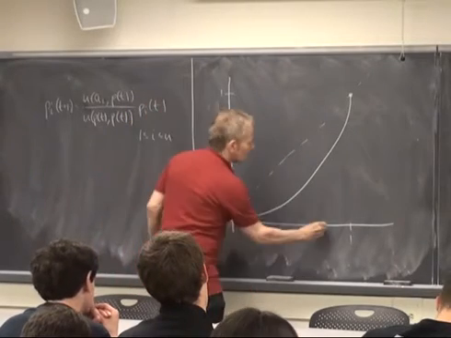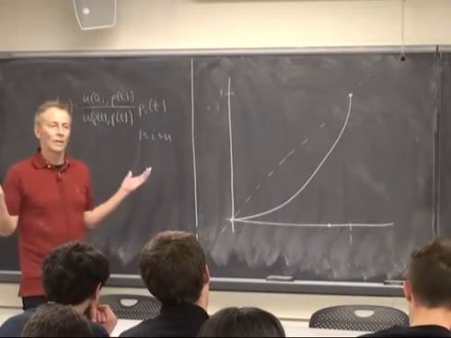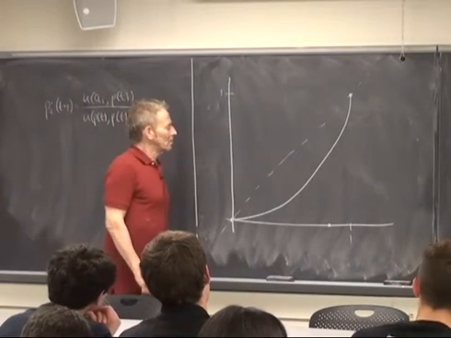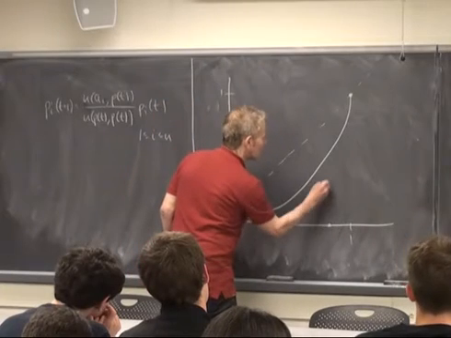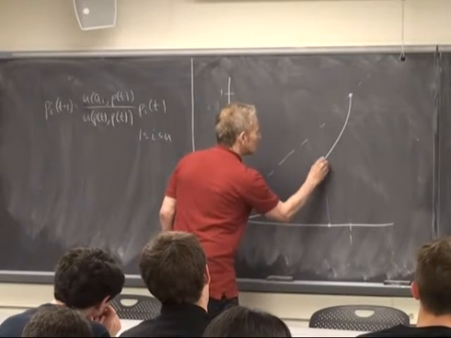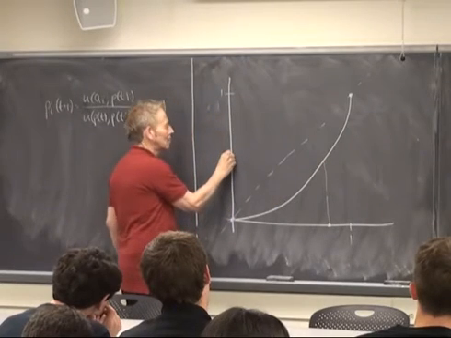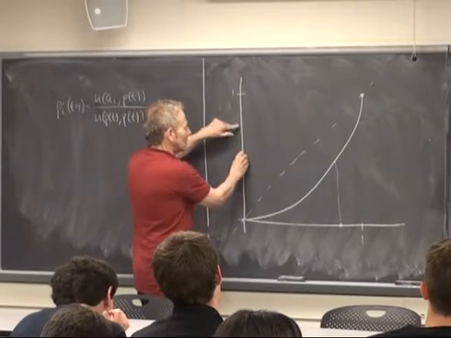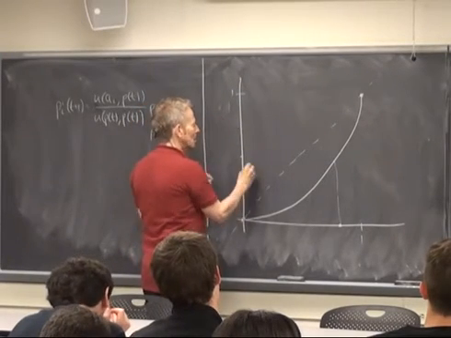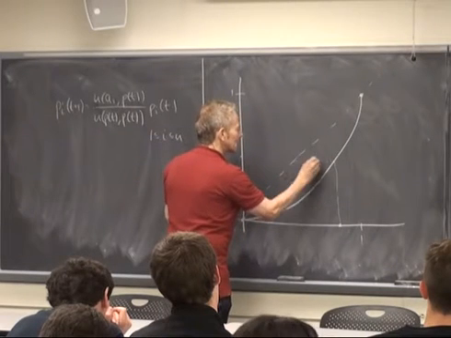What if I start, say, with a distribution out here where most folks are playing C, right? Then what's going to be the fraction of c's at time t plus 1? Well, it's going to be whatever I get when I go up to this graph. So it's going to be this amount here, right? And that's actually lower than the one I started with. So how do I figure out what happens next? What I do is I go over to the y equals x line, and then I go back down to this curve,